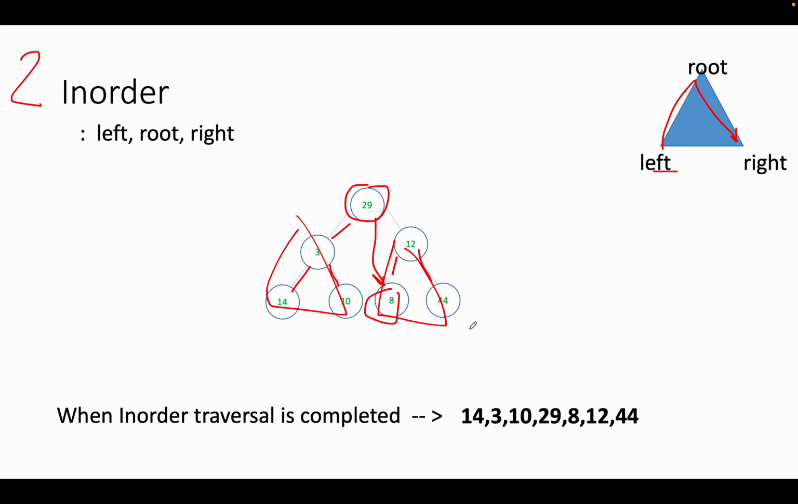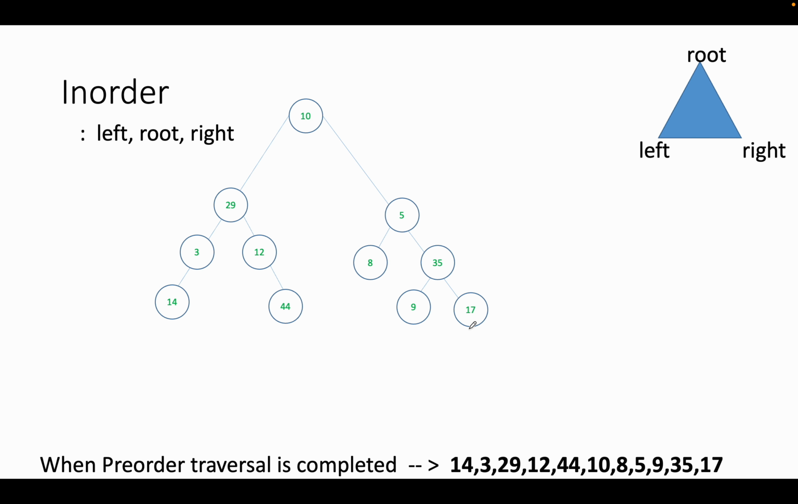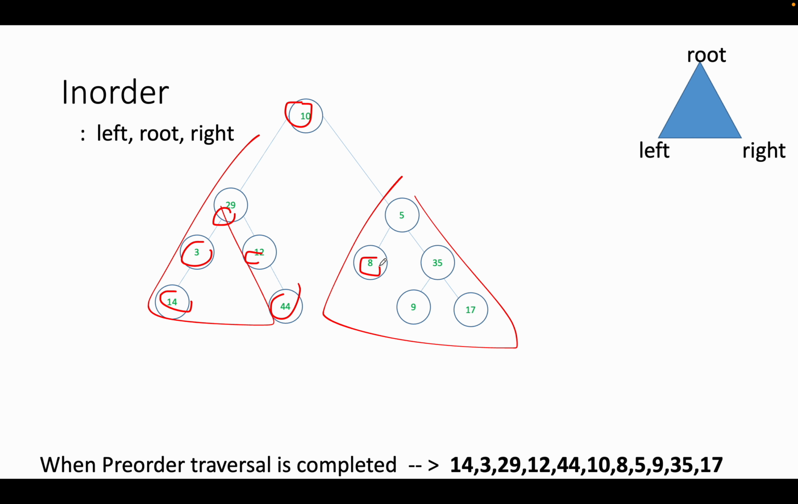Left, root, and right. Okay, same thing, just gonna start from the left, and then root and right. And this is left subtree 3, and then go to the root, and here is left 8, root 5, and right starts from 9, left, root, right. Okay,